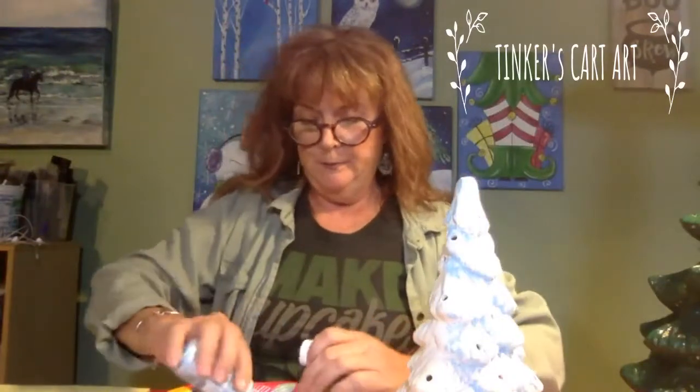So I'm going to show you in the blue because I started it in blue and it would look really silly to have a tree that was half and half. But keep in mind, get some ideas for colors. Actually, my cousin